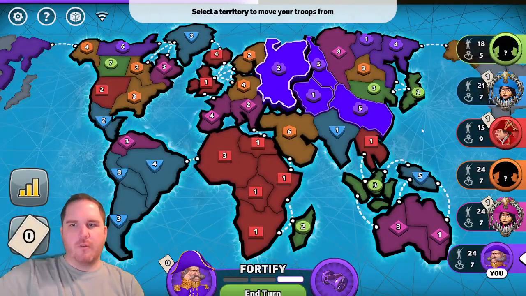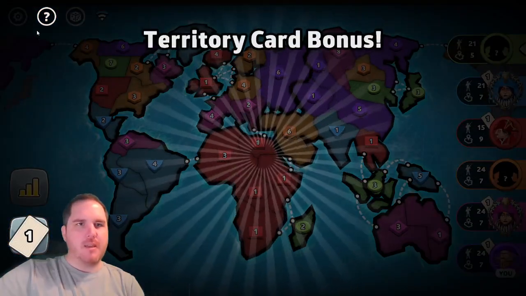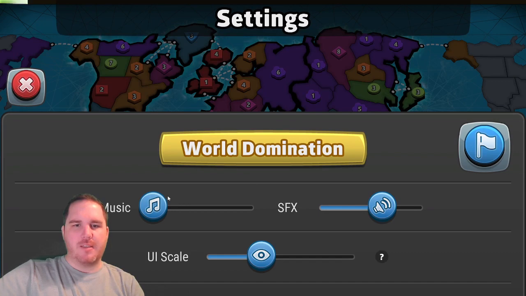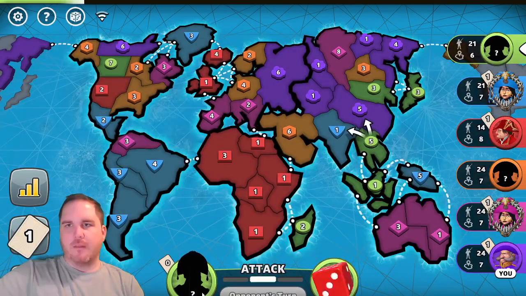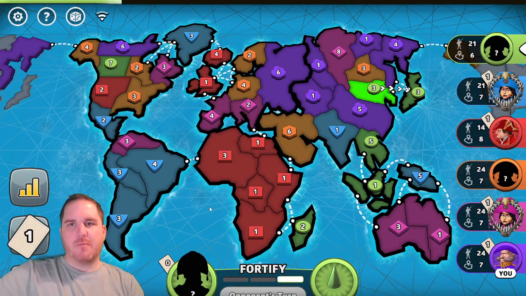And move over. If my attack looks different than yours and you're used to seeing a dice roll and stuff, it's because you have camera animations turned on, which are slowing you down. So make sure you come into your settings here. Turn off camera animations. You can also turn off phase change animations or any of these other ones if you don't need them. Make sure you have them turned off so you can attack faster,